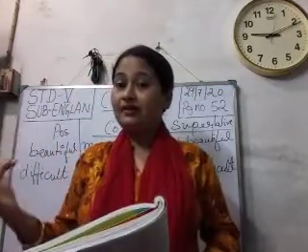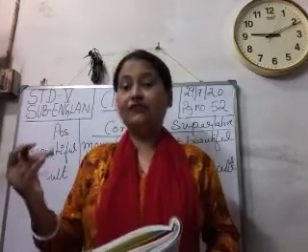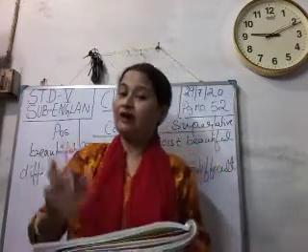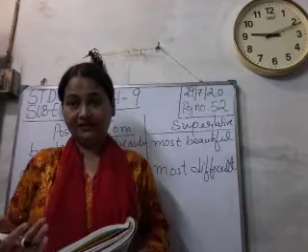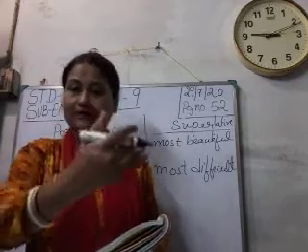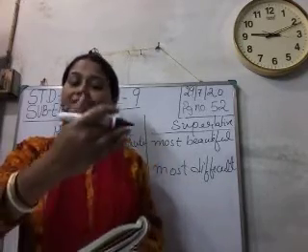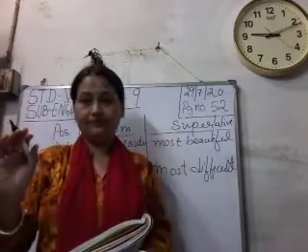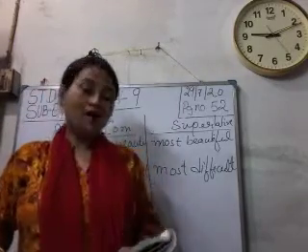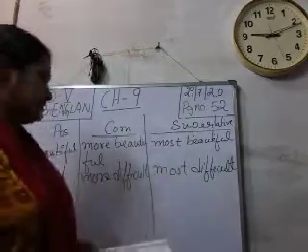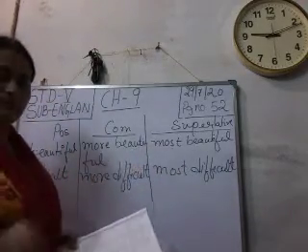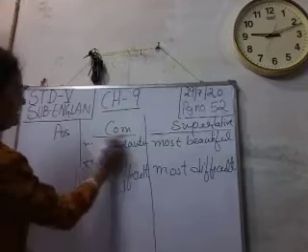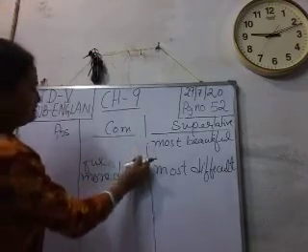Now I think it is clear to you that for adjectives that have more than 2 syllables, when we form their comparative and superlative degree, we use more before the comparative degree and most before the superlative degree. The root word will remain the same. Now come to point number 6. Let us read what is there in point number 6.